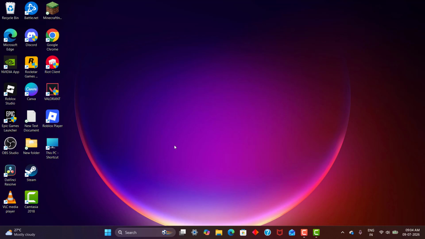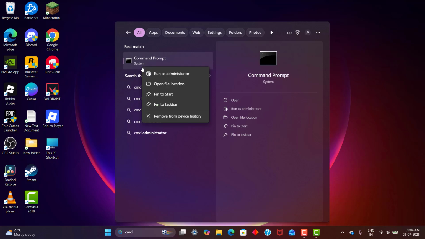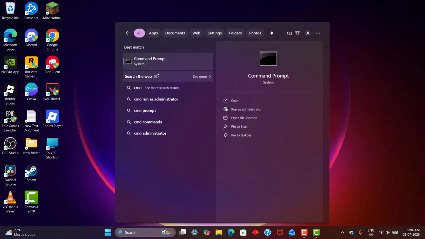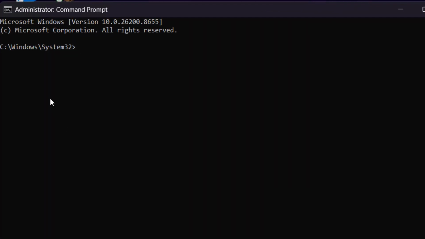After that, come to next step, search for command prompt, right click, click run as administrator and type the following text: sfc /scannow. Click enter